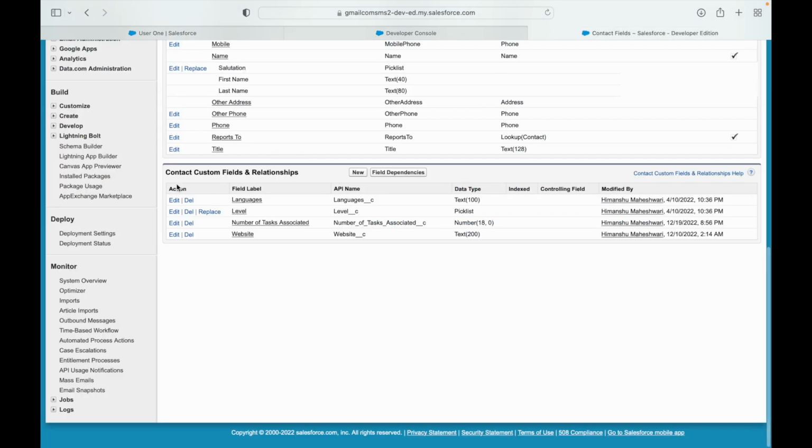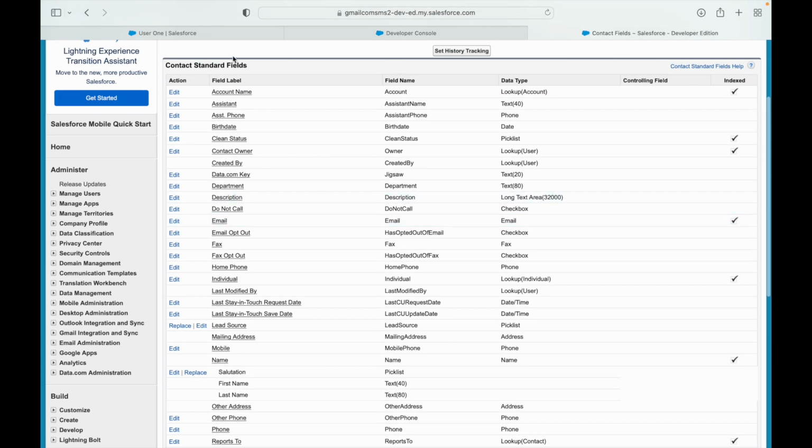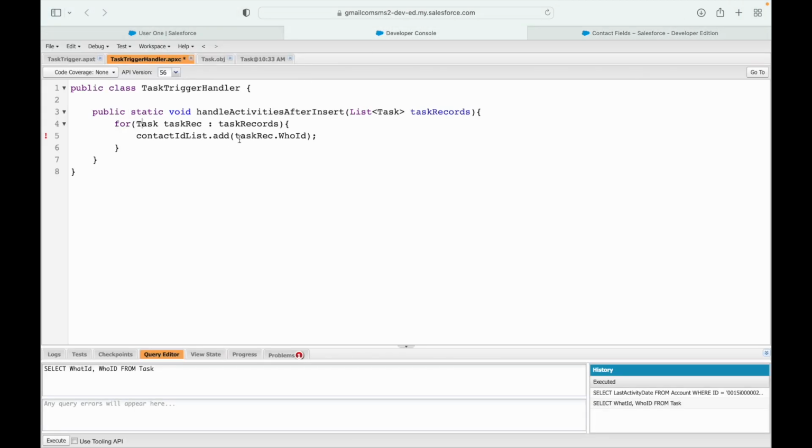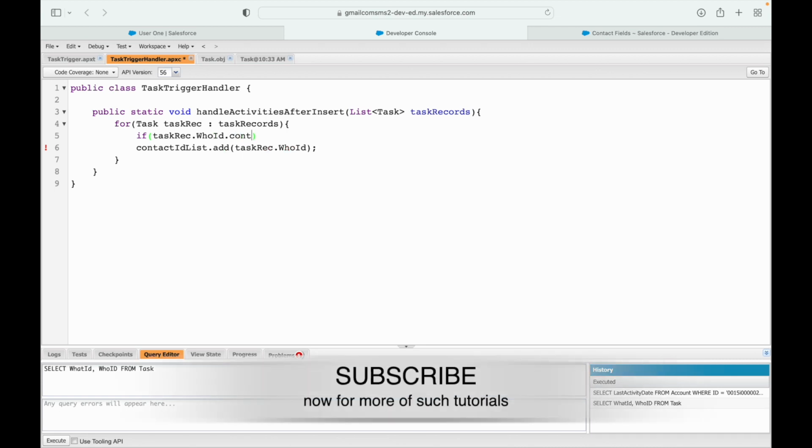You saw that we can have this reference that can either be a contact or a lead. The who ID can be a contact or a lead. So we'll have to segregate. Here we'll have to put an if check and say if taskRec.whoId, right? And I want to check if it starts with, or rather contains,